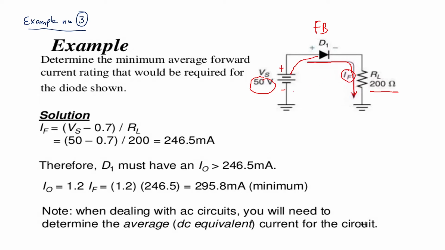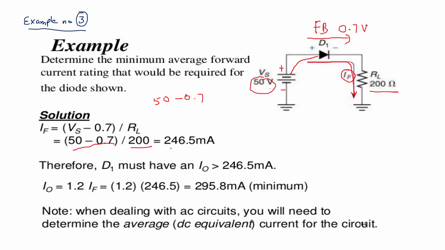Effective voltage will be this 50 volt, and the diode we will take as a practical diode, so the opposing voltage you have to overcome will be around 0.7 volt. So the effective voltage will be 50 minus 0.7 volt, upon resistance, that is 200 ohms,